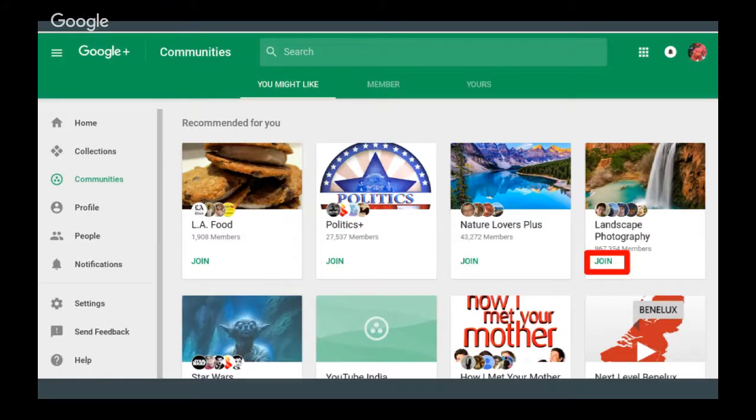And here's why I say that, because this search at the top that she's talking about, and correct me if I'm wrong, but this is my interpretation. That's why I want to get a clarification here. That's not going to search just for communities. That searches all of Google Plus.